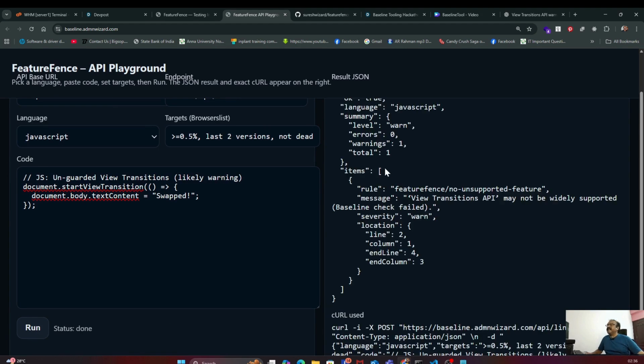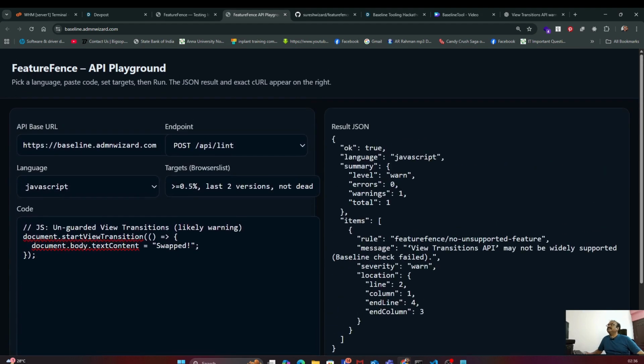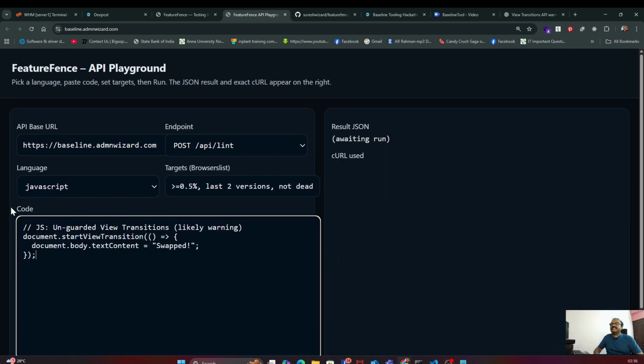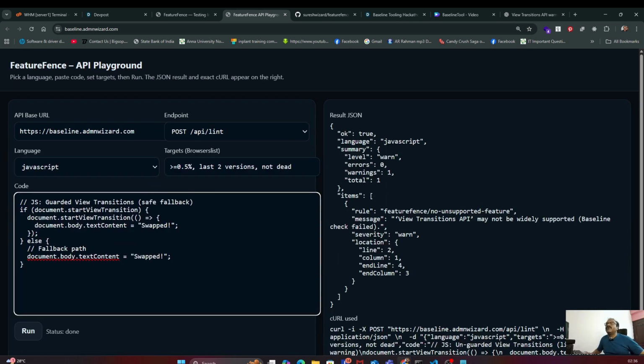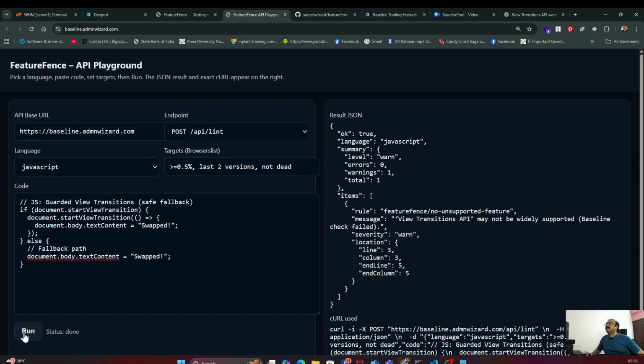You can see the expected result. It shows 0 errors, 1 warning for this code. Now I'm clicking here and taking a good code of JavaScript. I selected JavaScript and the same API, and I'm clicking run, and it shows